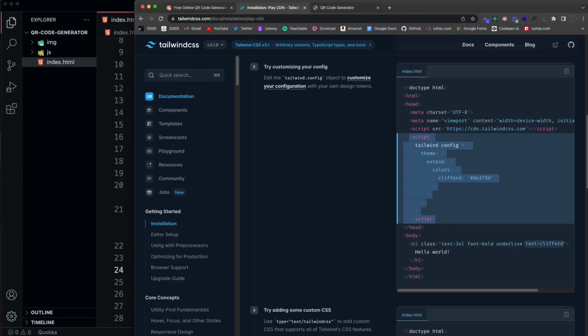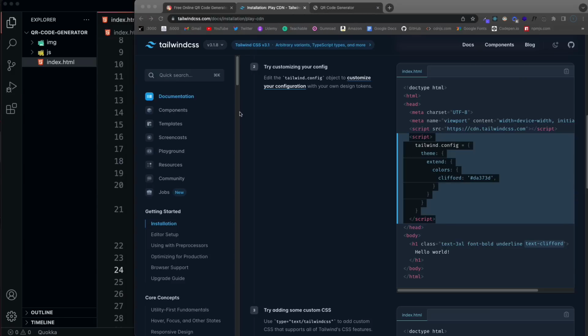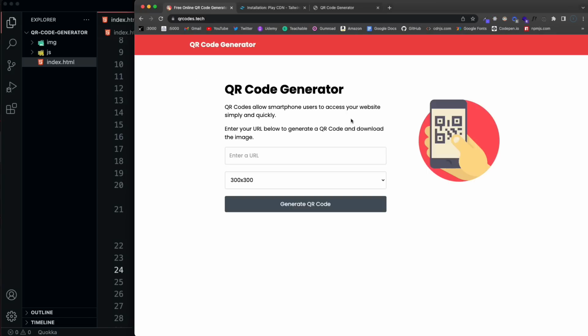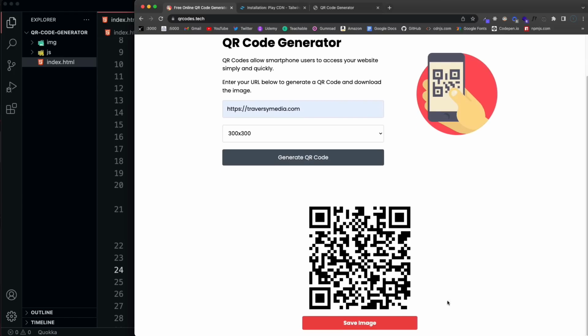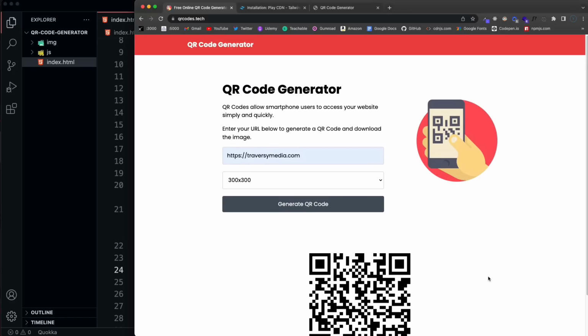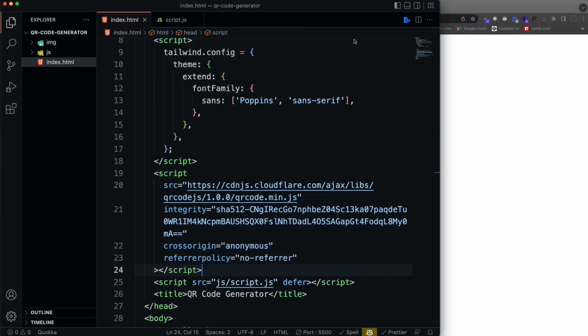All right, so that should be it for the head and any dependencies we have to include. So now we can start to work on the layout, which isn't going to be too bad. We have just a header here, or a nav bar if you want to call it that. There's no navigation, but just the header, and then this is going to be a flexbox, and this will be the first flex item, the text and the form, and this will be the second flex item, which is just the image. And then once we generate a code, we're going to add the spinner functionality with JavaScript, and then the code will be shown down here with a button to save it as an image. All right, so let's get started with the